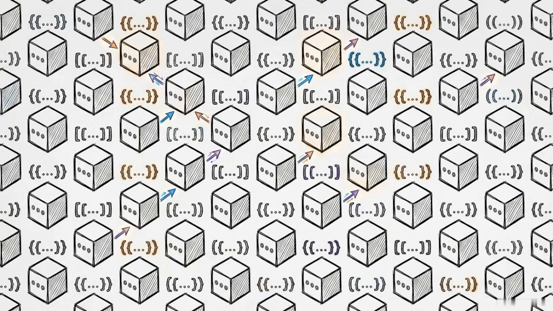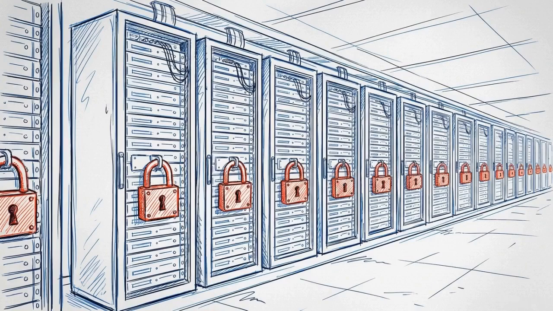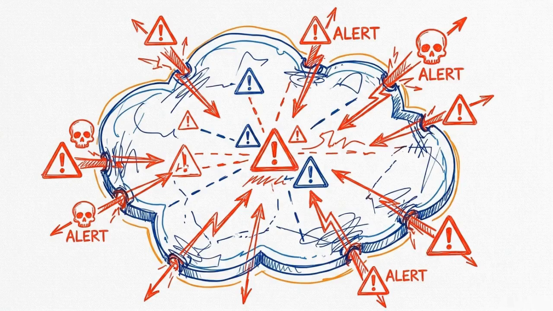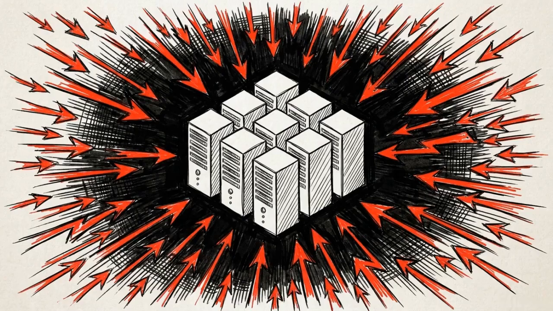First, it forces massive code duplication. Every single one of those 50 internal microservices must independently implement, execute, and maintain its own authentication logic to verify who is making the request. Second, it fractures the attack surface. With external devices speaking directly to internal servers, every microservice must be exposed to the public internet, multiplying the entry